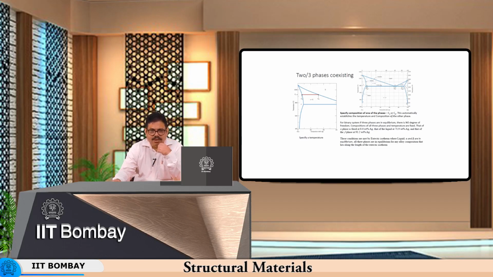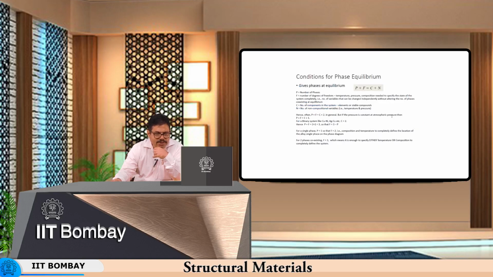That is because the eutectic point is fixed both in terms of temperature as well as chemical composition. So, there is no need to specify anything to completely define the system. So, that is what it means. Okay. So, that alpha, in the context of silver alloy, so silver and